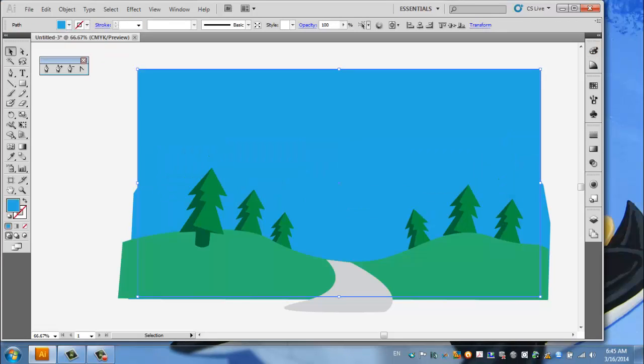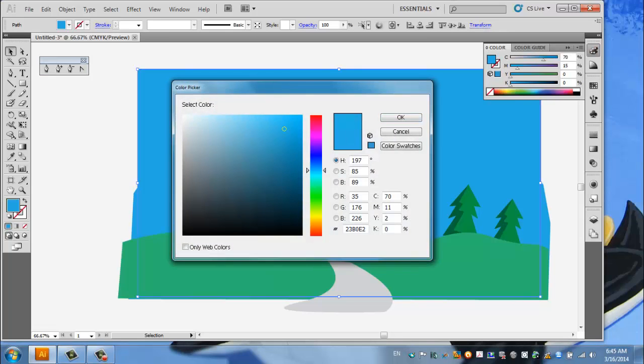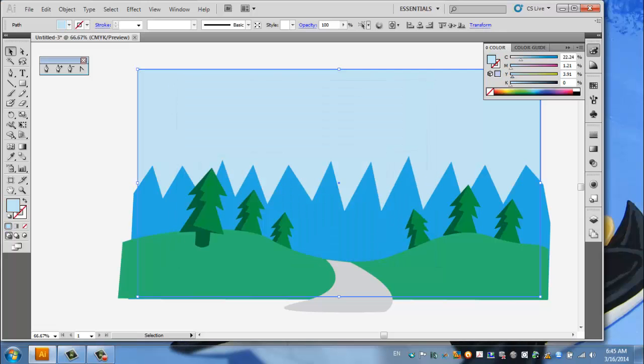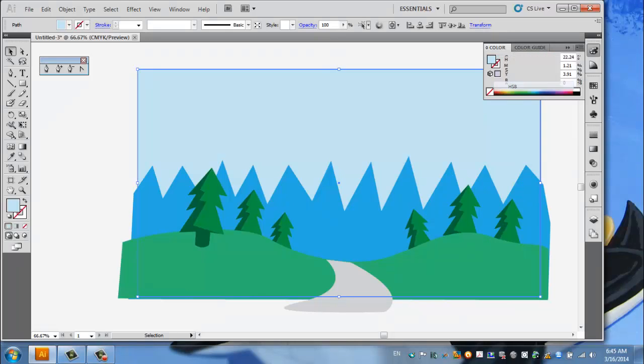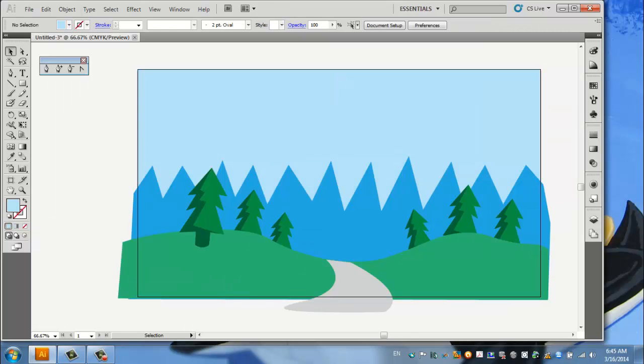It's still selected. Up here, let's pick a nicer blue. So you can change this to HSB: hue, saturation, brightness. So I can lower that brightness down, increase my saturation a little bit. Alright. And okay, next thing,